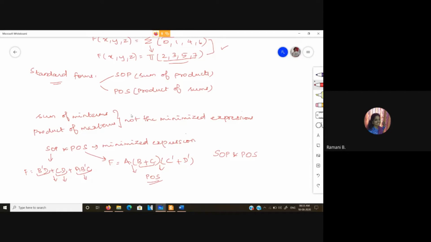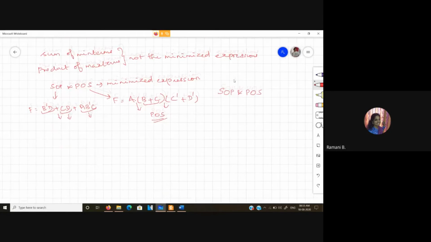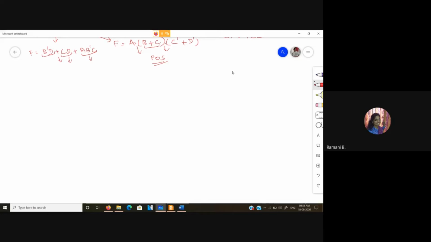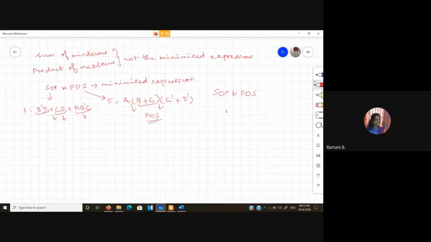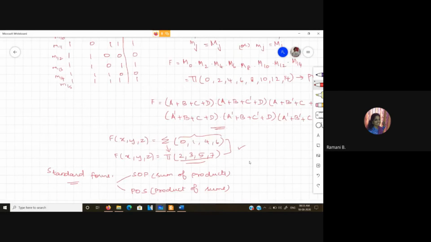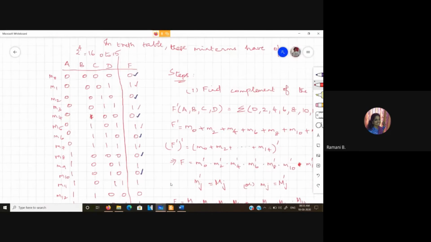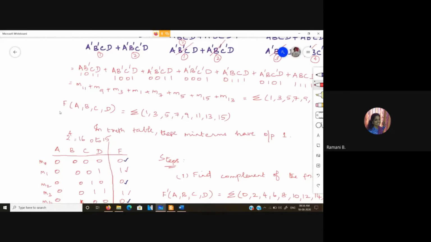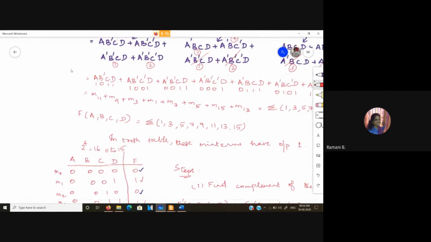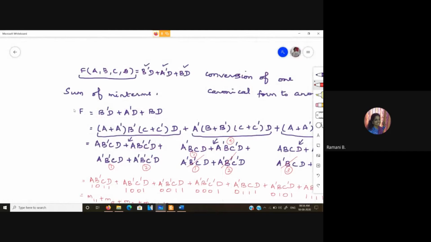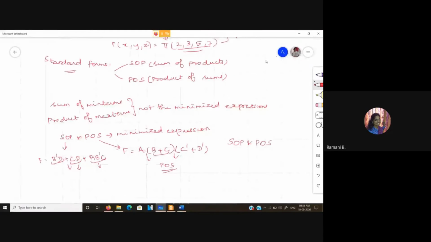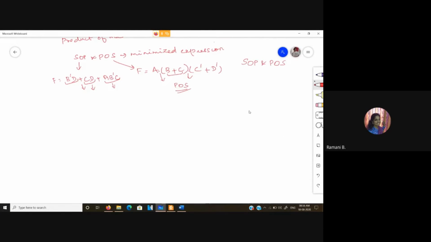So these minimized expressions give you the minimal number of gates involved in the expression. If I am going to have a bigger one, here we were seeing this particular expression: F of ABCD is equal to B bar D, A bar D, and BD.